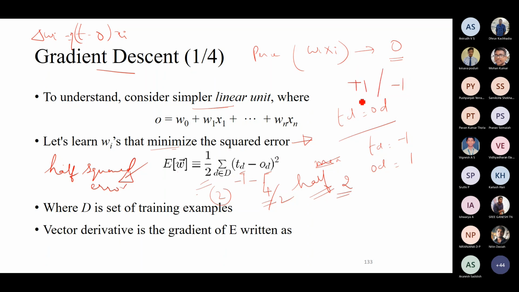If the target is +1 and you get a -1 here, then this will become 2 squared. If the target is -1 and you get a -1 here, then that will become 0. But if the target is -1 and you get a +1 here, then you will basically